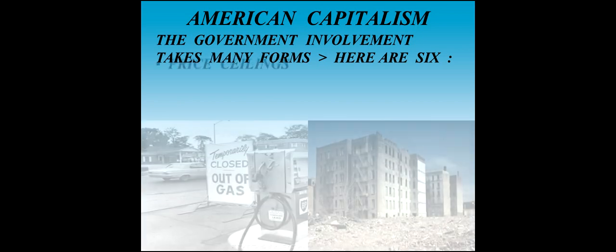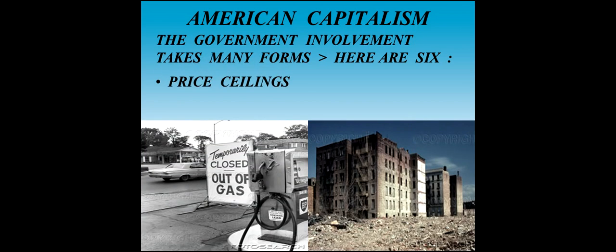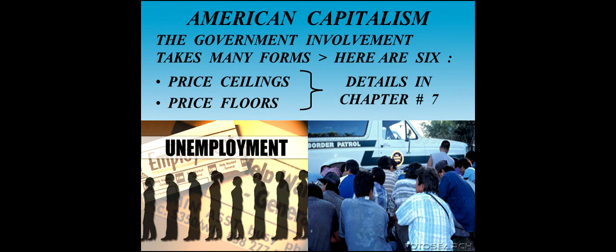Yet, as absurd as earmarks might seem, there are some other government involvement forms that are actually more absurd than the earmarks. And they will complete our look at the 6 forms of involvement. And the first one is price ceilings. Price ceilings violate the rules of equity, the tests of equity and efficiency greatly, as do price floors. And we'll look at the details for these in Chapter 7 in depth so that you can see how these work and why, if they ever come up as suggestions for the federal government to engage in these types of activities, you'll want to speak up and give them plenty of examples as to why it wouldn't be a good idea.